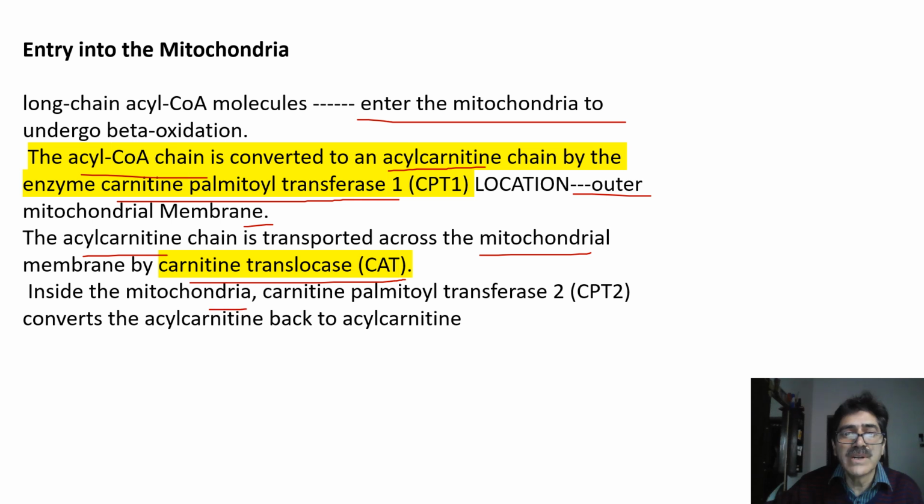Inside the mitochondria, carnitine palmitoyl transferase 2 is also present that reconverts acyl carnitine back to acyl coenzyme A and carnitine. Because ultimately carnitine is to be released so that it can carry the next molecule of acyl coenzyme A inside the